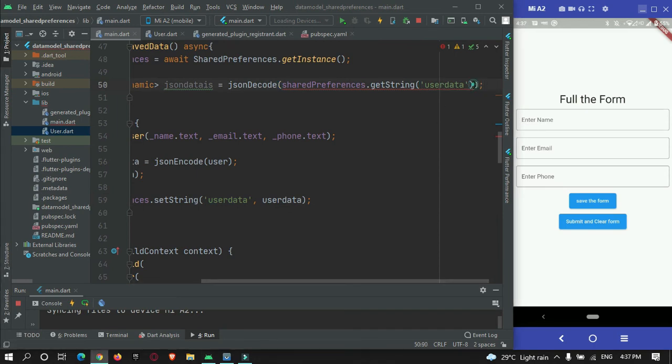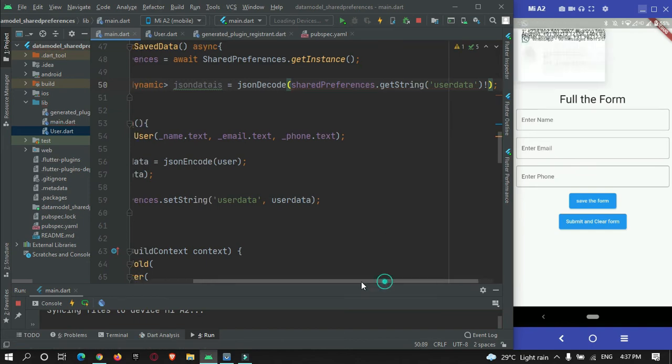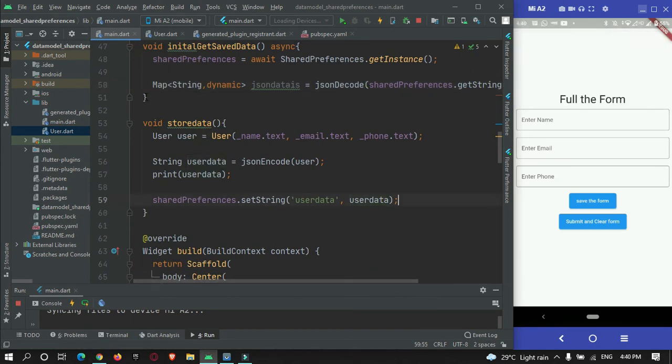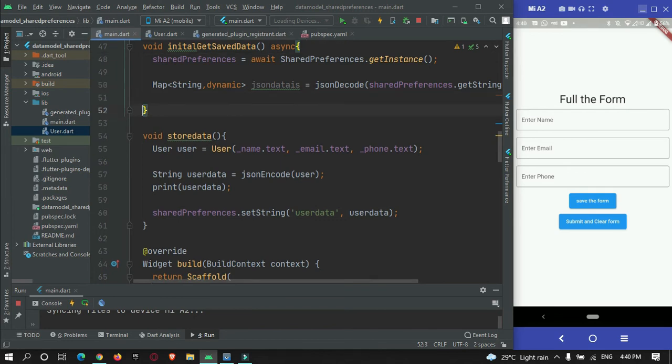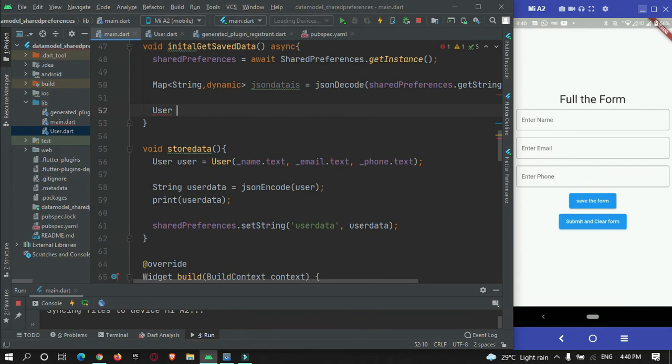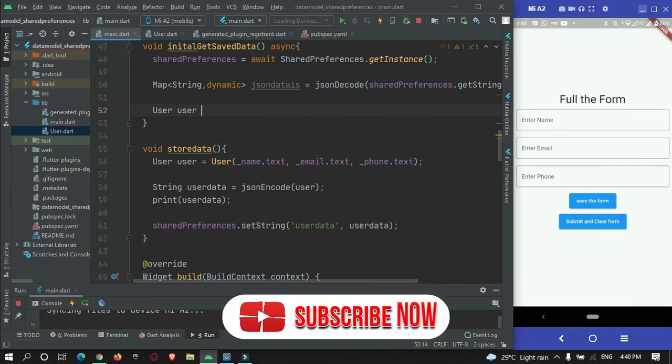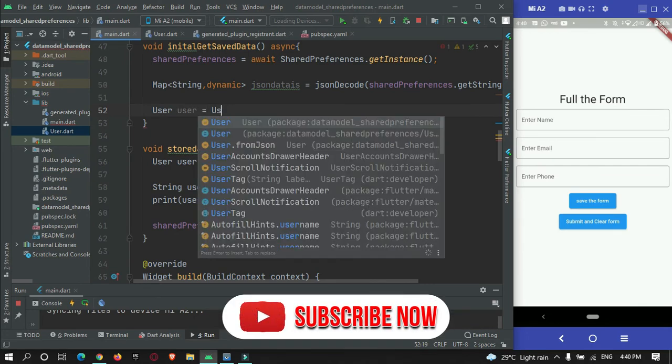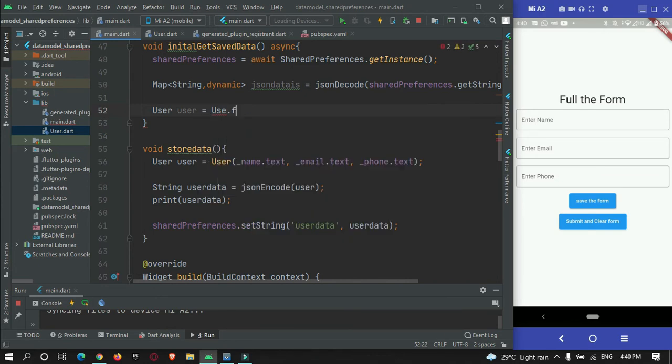Here we need to pass a null safety. Now let's create one more object after getting this JSON data from our setPreference. User is equal to Users.fromJSON. Here we need to pass the map data.